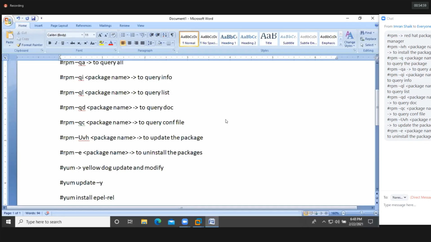So after installing the EPEL release, you can download Ansible, you can download Docker, whatever you want, you can download. I hope you're clear, guys. EPEL full form: Extra Packages for Enterprise Linux.